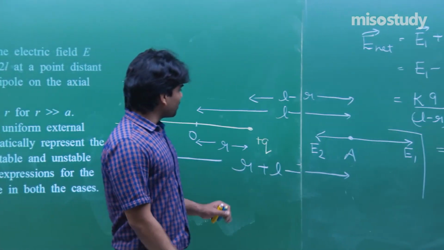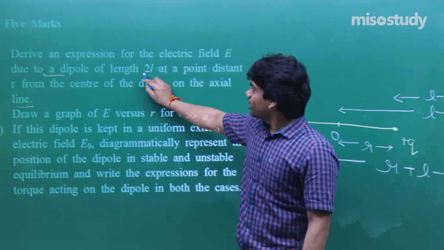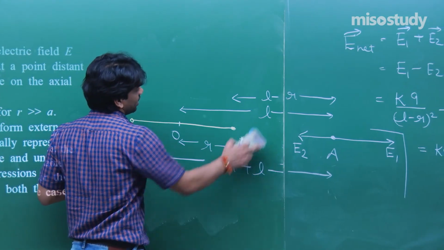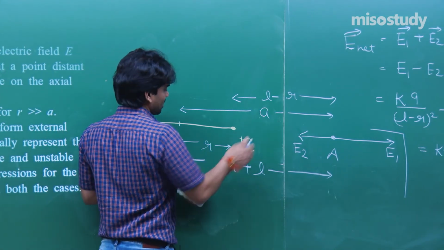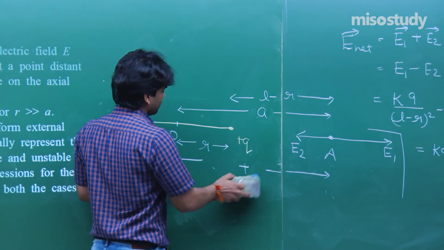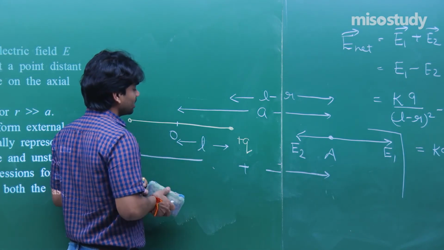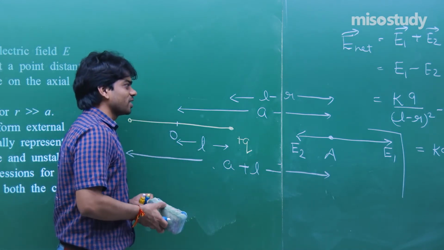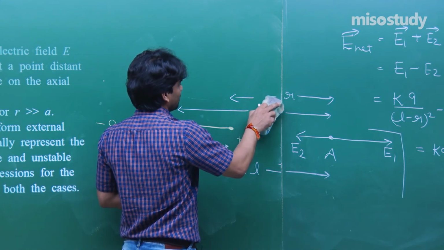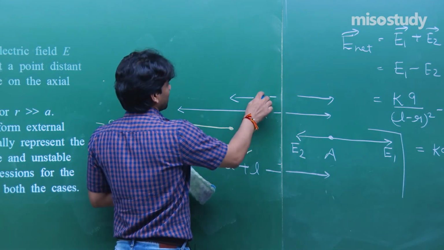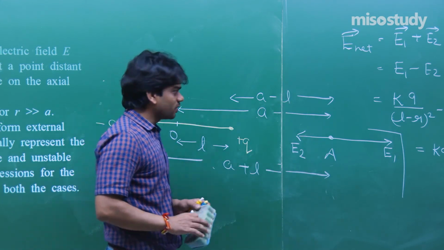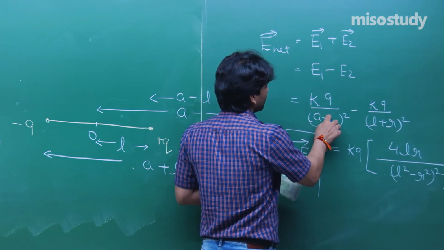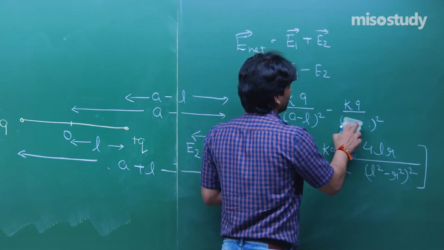Okay, I have taken some other variables here, they have taken for of length 2L. Just variables are different. This length was 2L and this length was given as A. So I will just make it in that sense as it is given. This is L and this length was actually A. So this will be A plus L. I have just used my notations, and this was A minus L. So you can put up the values in this way. Instead of here you can put A minus L, and here you can put A plus L, not a big thing.